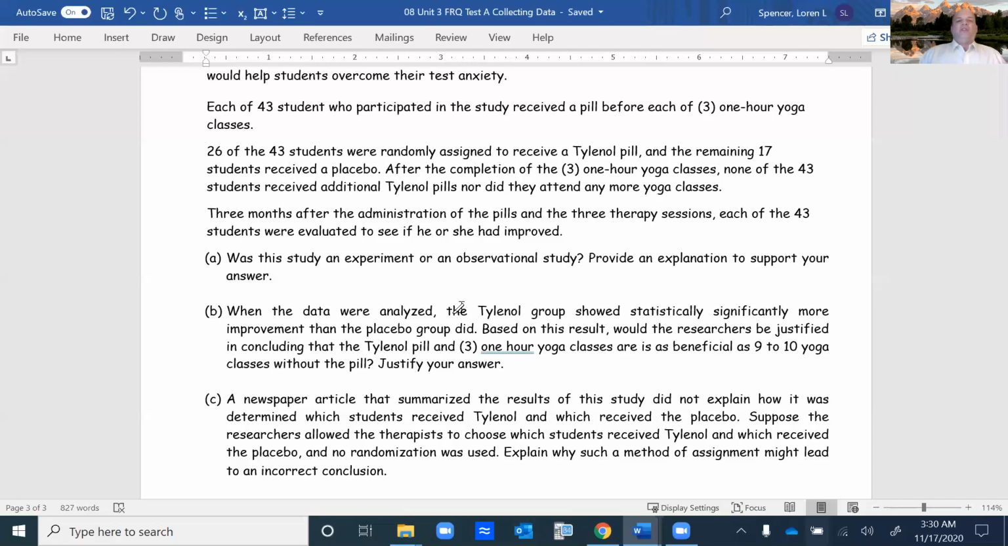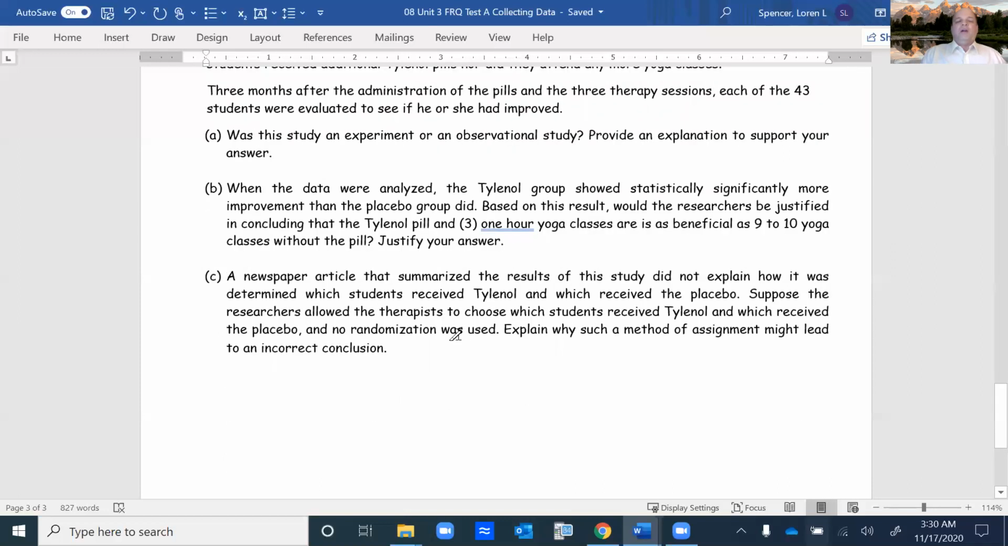Well, while there was a statistical difference, it was between the comparison of the 3 one-hour yoga classes and a placebo versus the 3 one-hour yoga classes and the Tylenol pill. Nowhere in the study were 9 to 10 yoga classes tested. So we have no idea whether the Tylenol pill with 3 one-hour classes is better than the 9 to 10 because it was not tested. So we cannot make that conclusion because, once again, we tested the Tylenol pill in 3 one-hour yoga classes. We did not test the 9 to 10, so we cannot make the comparison because it was not part of